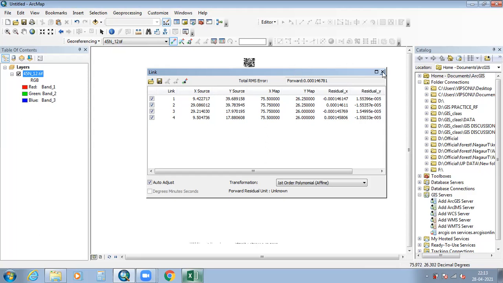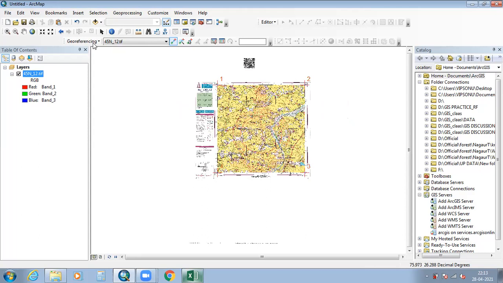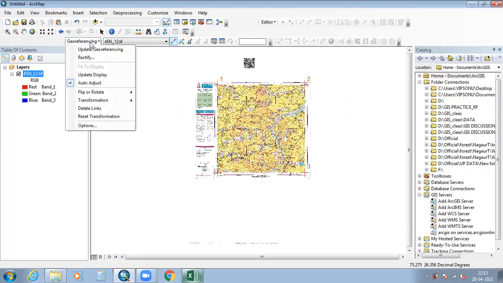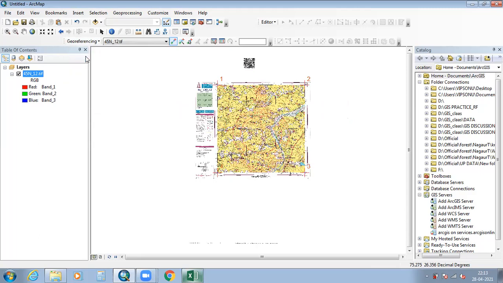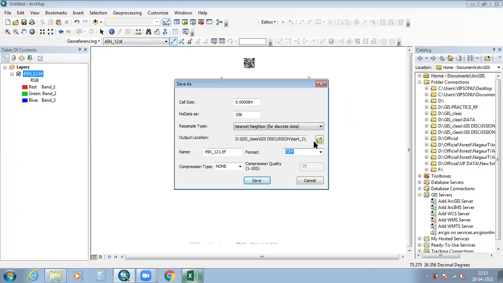Then close this, and the next step is to go to Georeferencing and then Rectify. Now select your destination folder in which you want to save your data. The destination folder is already given, and here you can change the name of your raster data; I give it the name rectify, and then save. The process is going on.